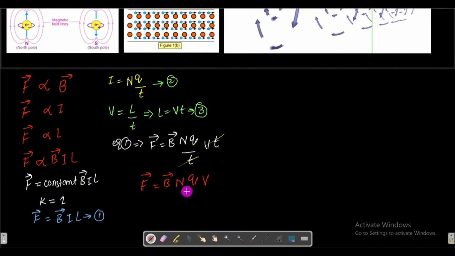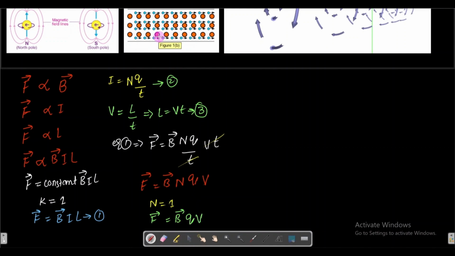So the force on the number of free electrons moving with a drift velocity of v when we put them in an external magnetic field. Here this is for n number of free electrons, and if we put n equal to 1 in the above equation, then this equation will become this. So here F is equal to B, and this n becomes 1, so this becomes Q and this is V. So this is the force